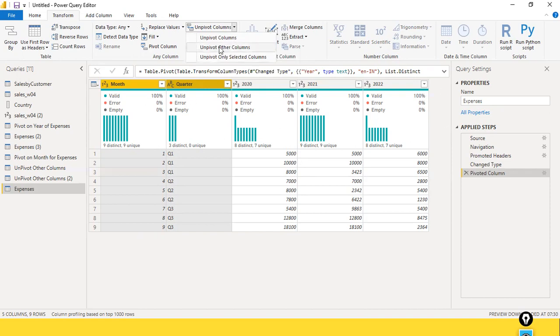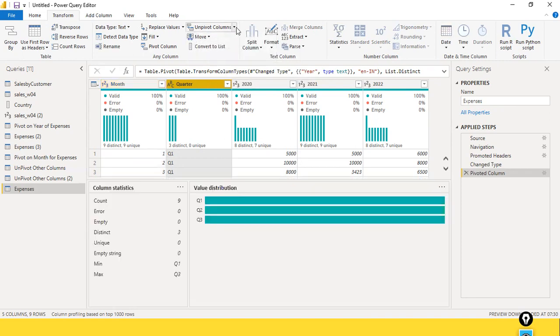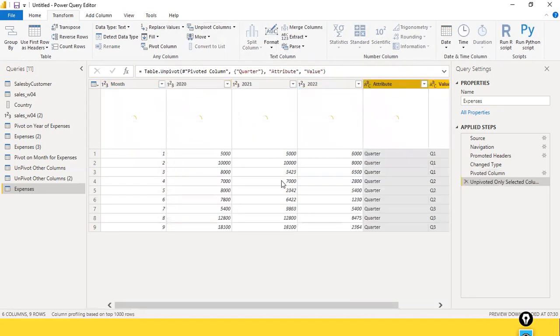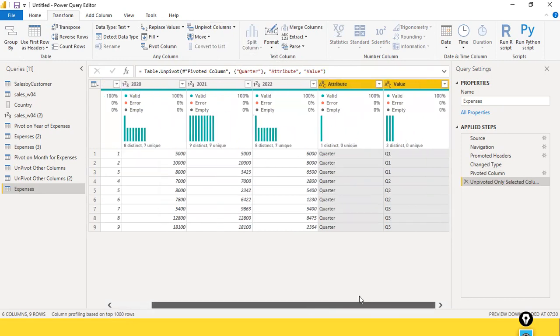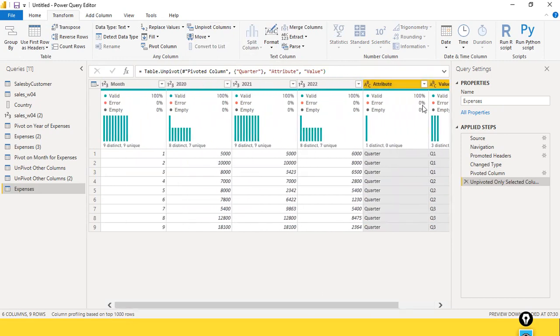I don't have to manually select it. Fine. Unpivot only selected columns. Okay, here I just give it a try. Unpivot only selected, but this is also not much helpful, right? Yeah, correct. It will display something like this: quarter Q1, Q2, Q3. Ideally,